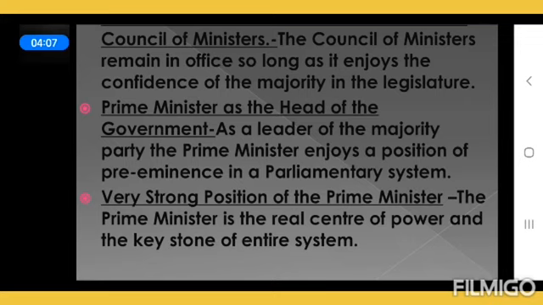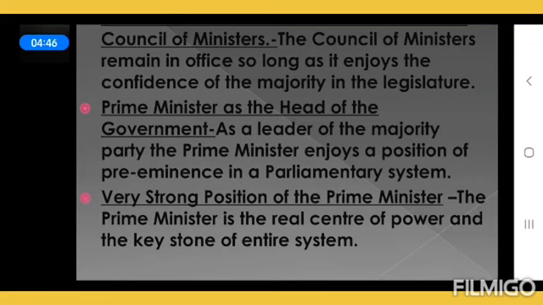That means as the head of the government, he exercises what? He exercises the vast and real executive powers. So the council of ministers works under his leadership, that means under the leadership of the prime minister. He presides over the meetings of the cabinet. I have already told you he is the one who fixes the agenda of the meetings in the cabinet. So all the decisions of the cabinet require his individual approval, otherwise they cannot be adopted.